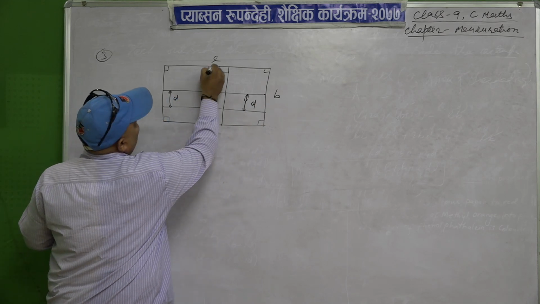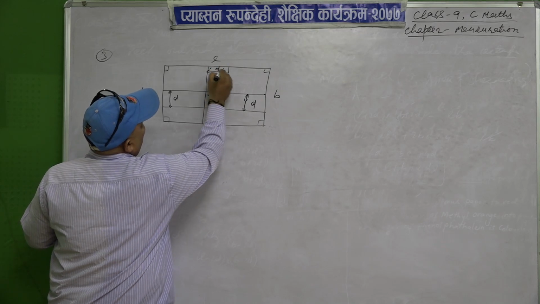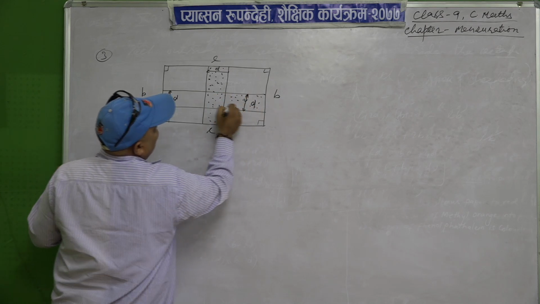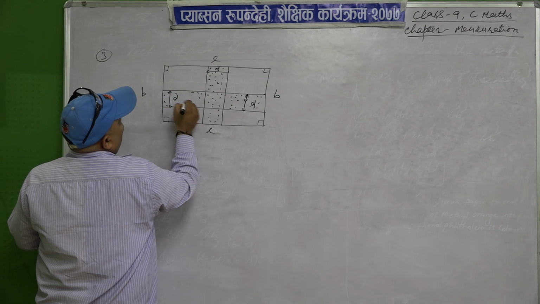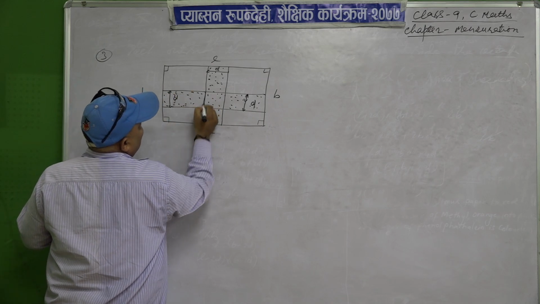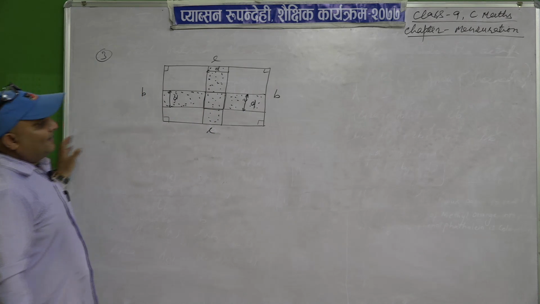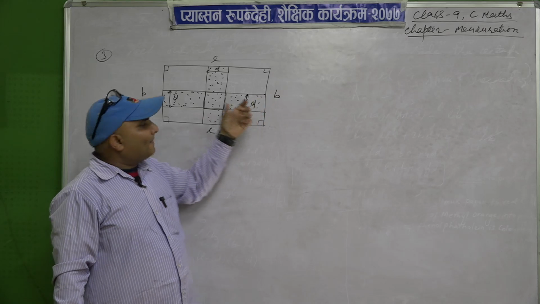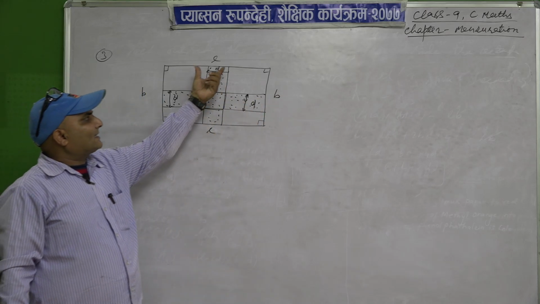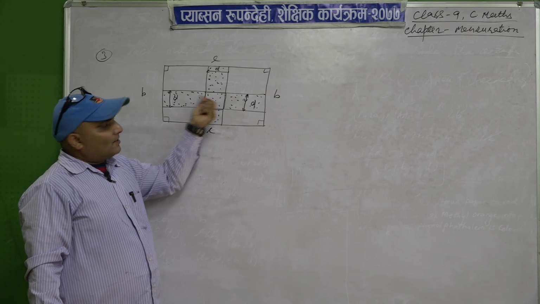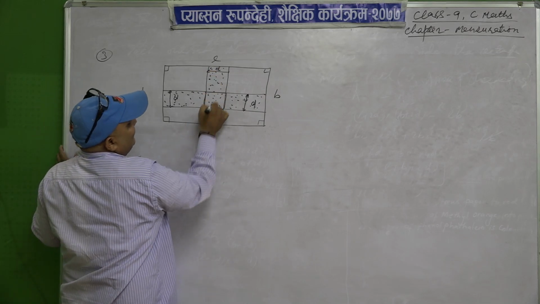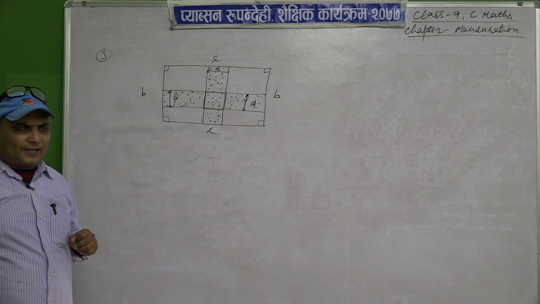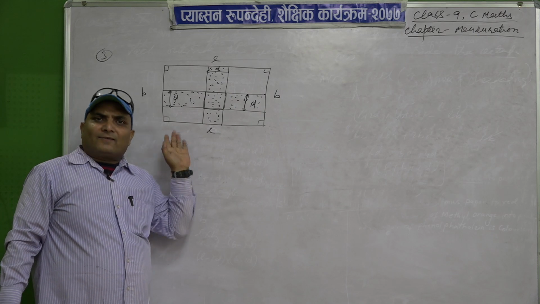Now we have to find the area of this path, and in this condition it is called the area of cross path. Why is it called the area of cross path? Because both paths cross each other in this area. There are two paths, a vertical path and a horizontal path, and both intersect each other here. Now we have to find the area of the shaded region, which is called the area of cross path. We did this type of question yesterday.